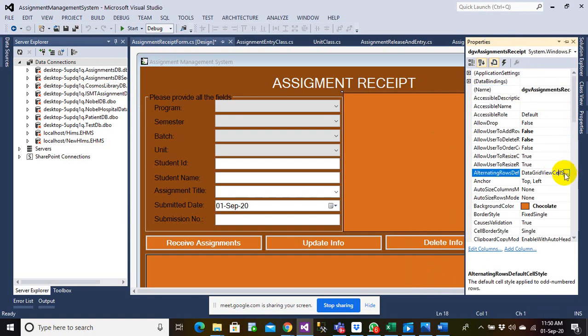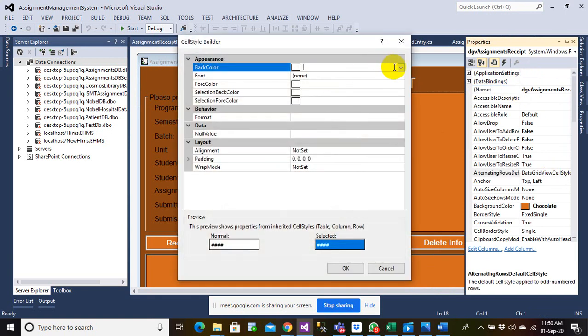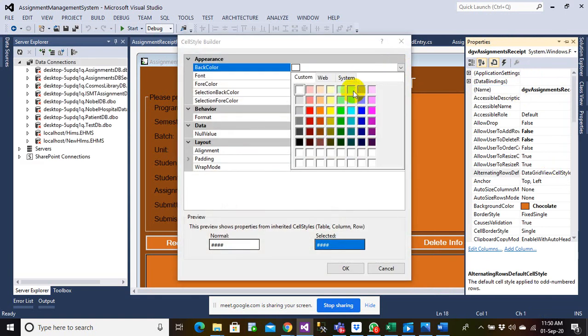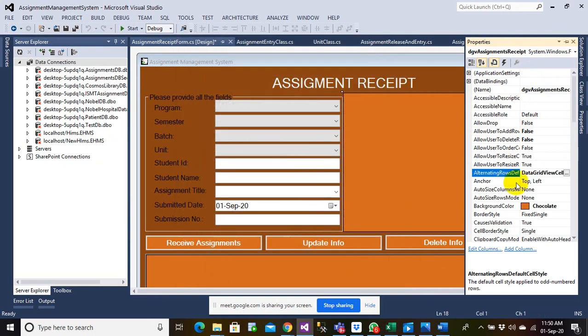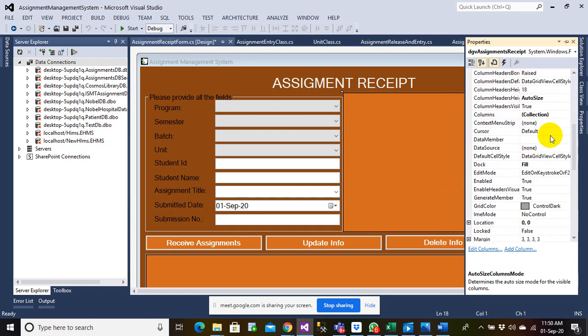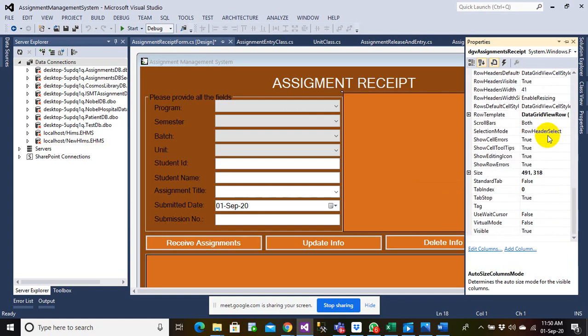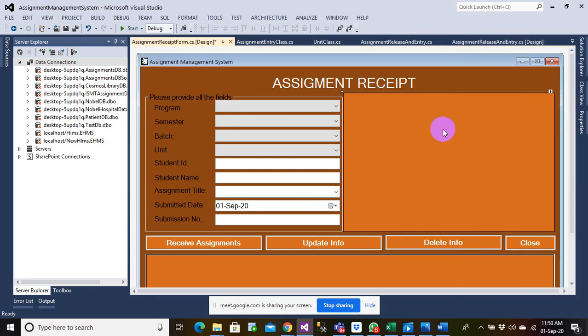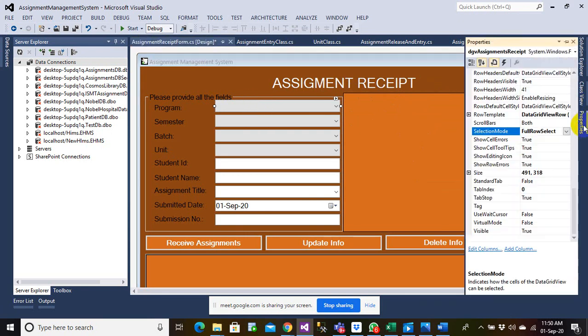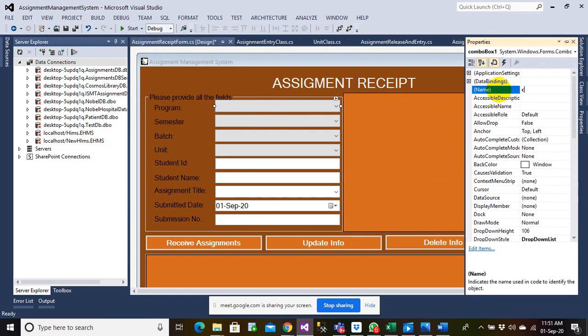Okay, so let's see. Let's set the color. Okay, so this is done, everyone. So let me get all the assignments to be populated here. Also, let me change all these names.